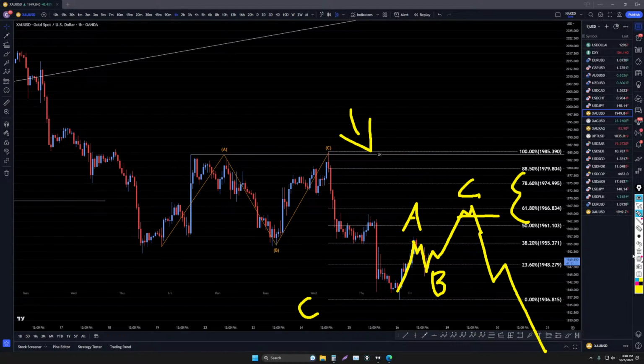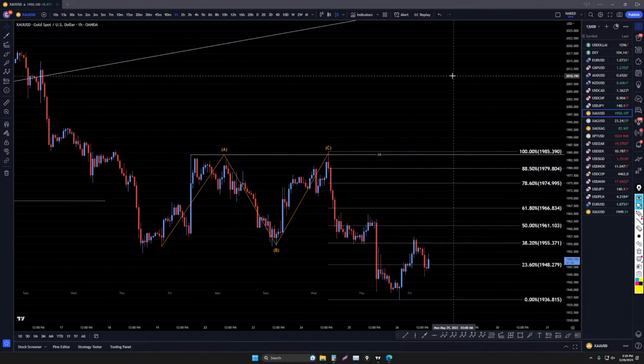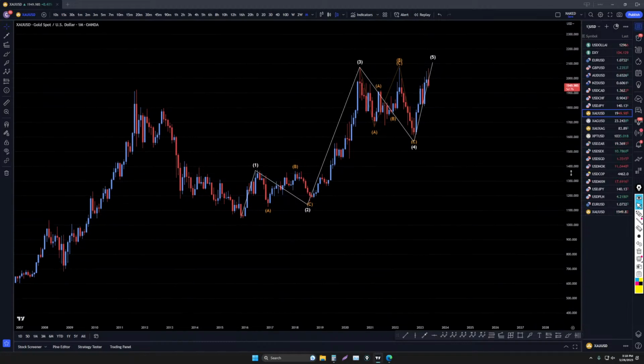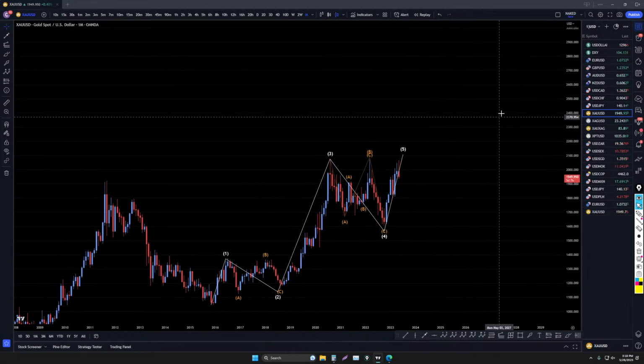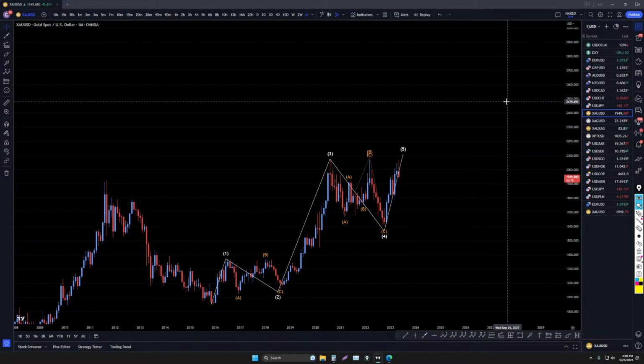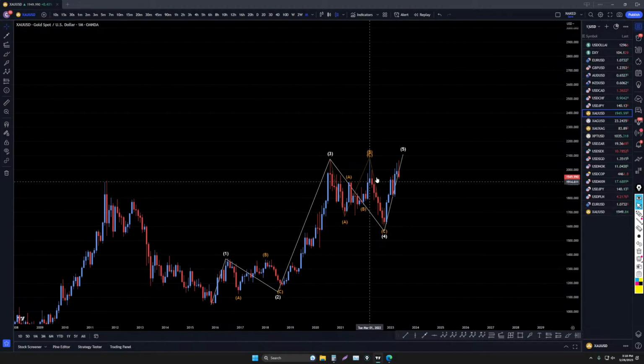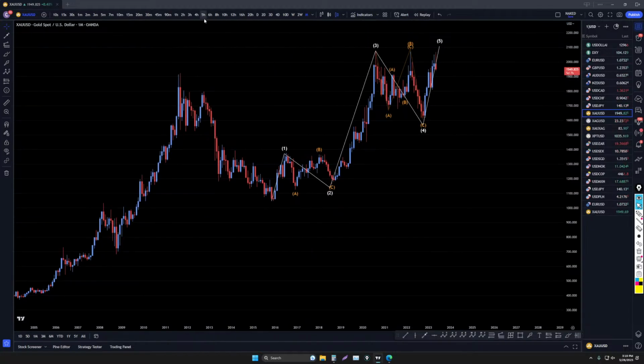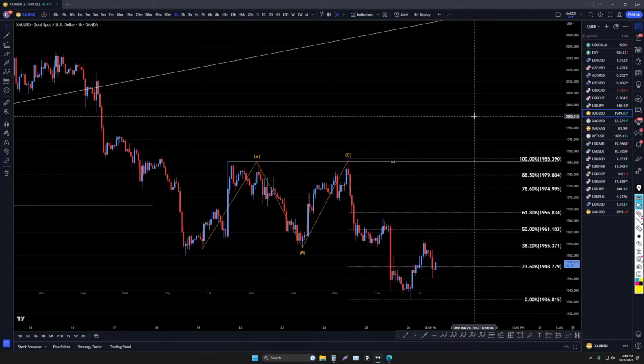And if that's the end of a wave C, we definitely want to start going long, because my long-term target on gold is still $2,300 and maybe even a lot higher than that, honestly. I still think that gold is eventually going way up here, probably 23, maybe even higher, even though it looks like a wave 5. I'm starting to think that gold is going to be a risk-on currency for a lot of people, especially with everything that's going on.